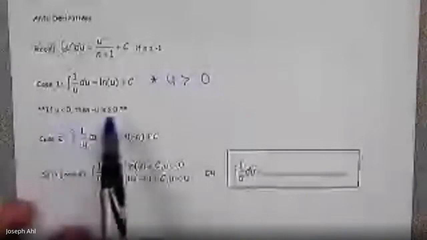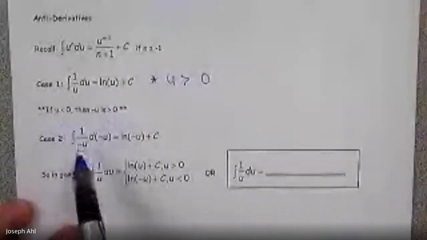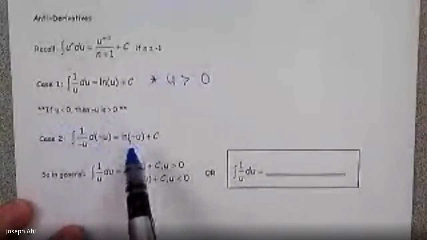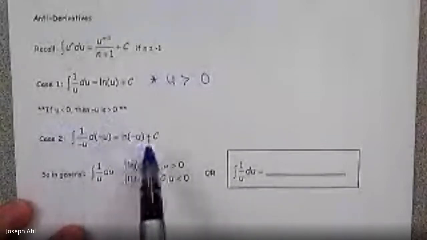The antiderivative of 1 over u du is just the ln of u plus c. But this really only works in the case where u is a positive number. That's the only way this is defined for the natural log function. So what happens if u is negative, if u is less than 0? Well, if u is a negative number, the result of finding the antiderivative is that you get ln of negative u plus